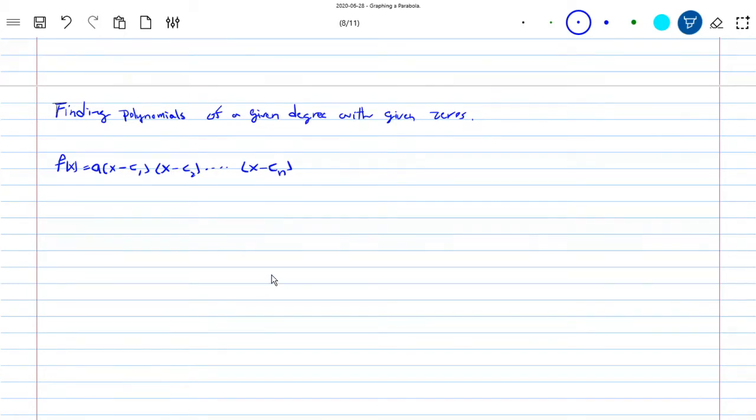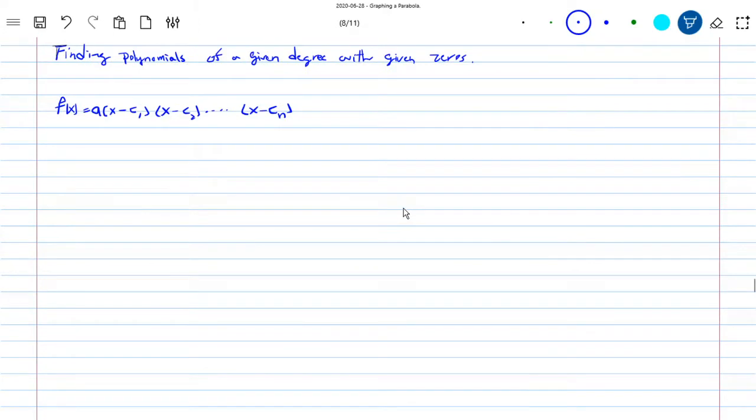Today's lecture is going to be about finding polynomials if we're given the zeros of the polynomial. Last time we discussed that if you're given a polynomial, then you can find the zeros of it if it's given in a factor form. So now, for example, if you're given a polynomial x minus 2 times x minus 3 times x minus 4,